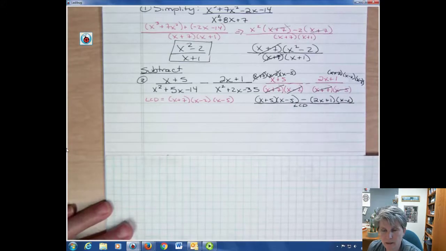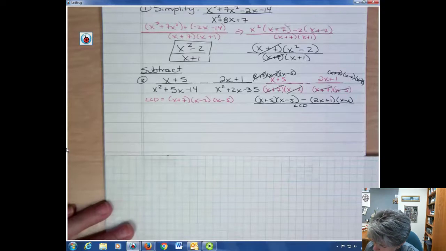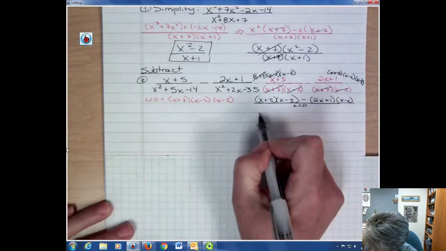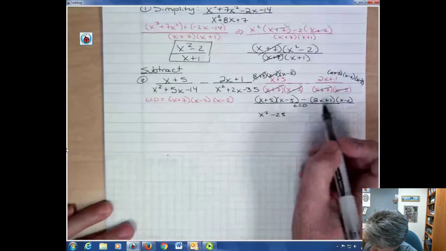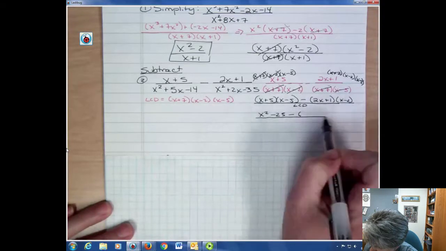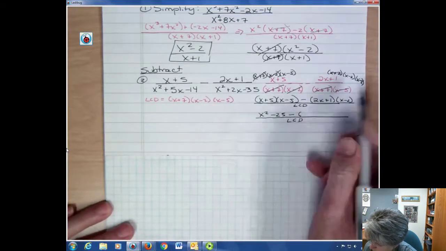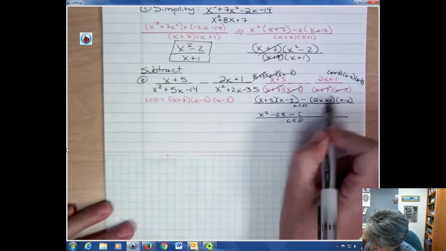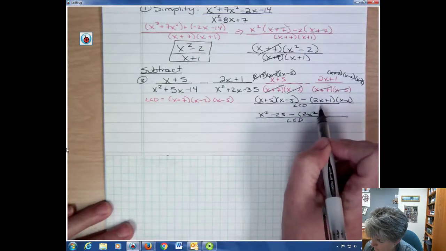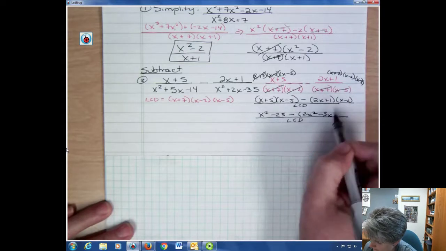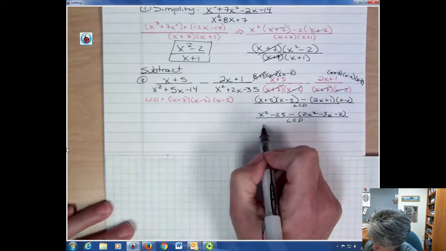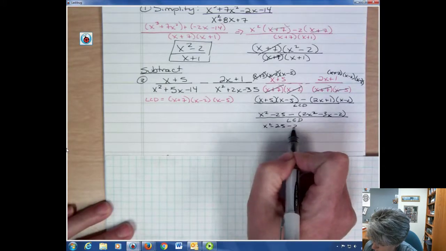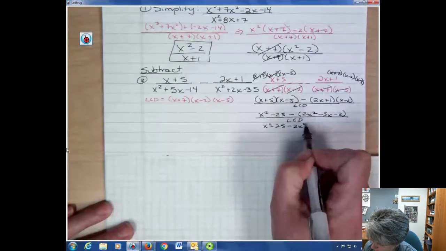I have to multiply the top by what's missing from the denominator, essentially. So then I'm going to multiply this stuff out. I get x squared, the minus 5x and plus 5x goes away, minus 25. Be careful here because we have a minus in front of this. We have to distribute that minus. So we're going to have to first multiply this out. 2x squared and minus 4 plus 1 is minus 3x, minus 2. And now I'm going to distribute that and get x squared minus 25 minus 2x squared plus 3x plus 2,